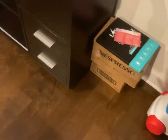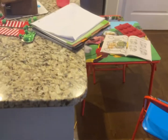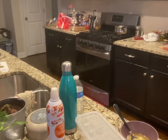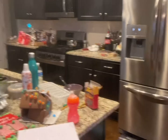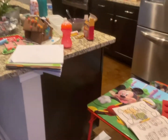Now, my house is a bit of a disaster. I've had to move things around to keep the kids safe. And it's just stuff everywhere. My house is more crowded than normal, and so it's just stuff that's usually out of place that at the end of the day, I just need to pick everything up and bring back a little bit of order